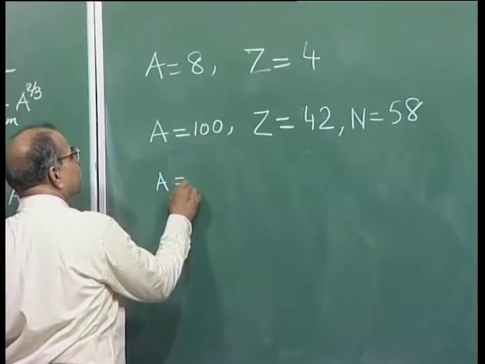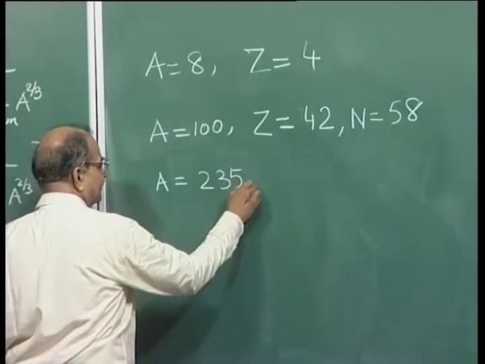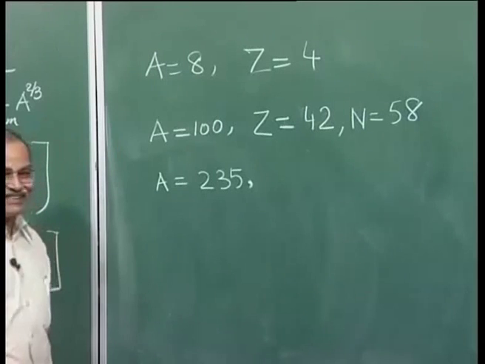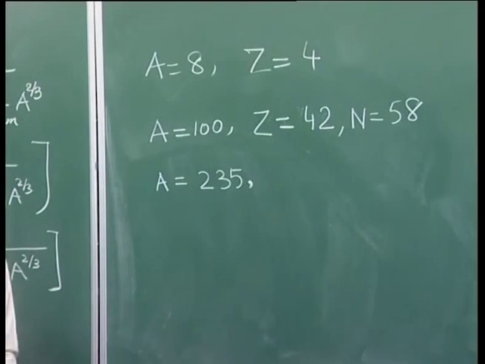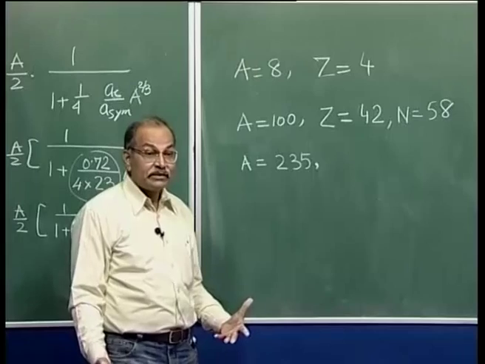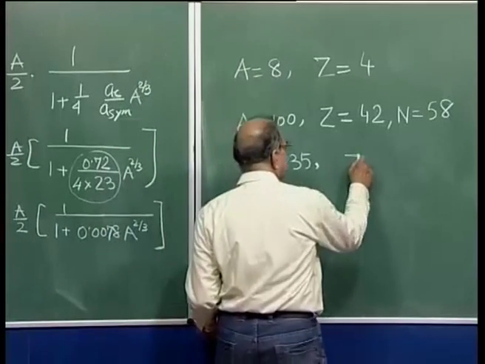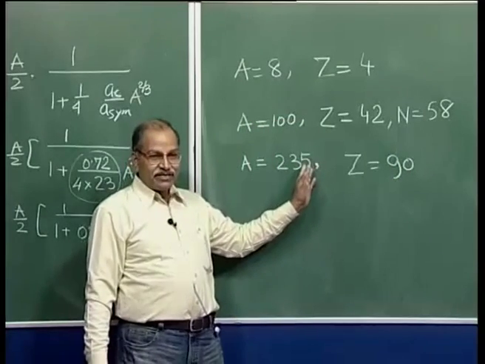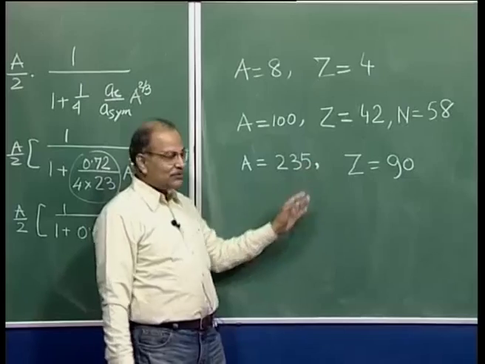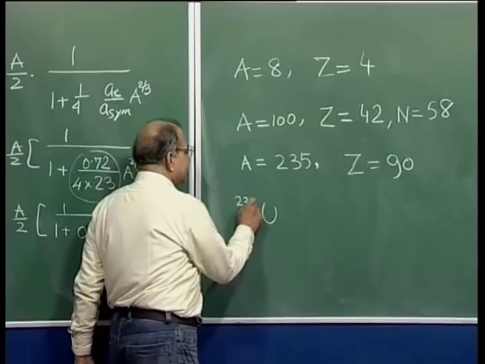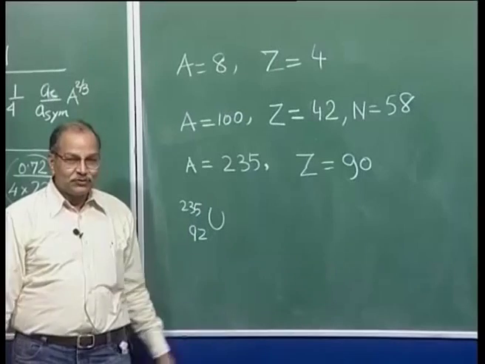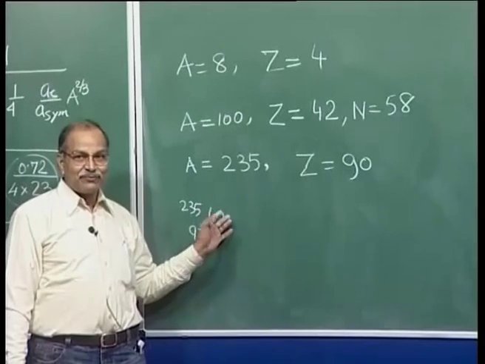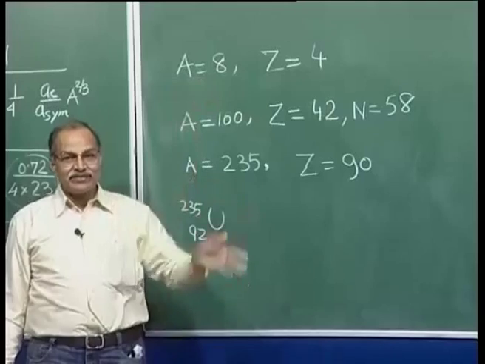A is equal to 235. Okay, do it correctly and quickly. A is equal to 235. This is uranium. I am hitting at uranium. How much? 90. Yeah, Z is equal to 90. So, you see it is coming very close, right. You know uranium 235 is Z is equal to 92. You have 238 uranium, 235 uranium, very useful material for all our electricity generation, all that.